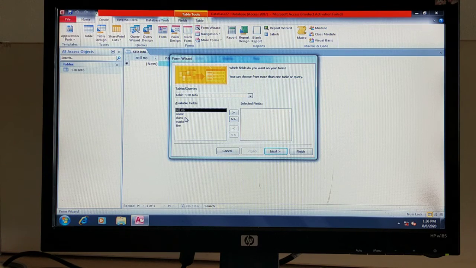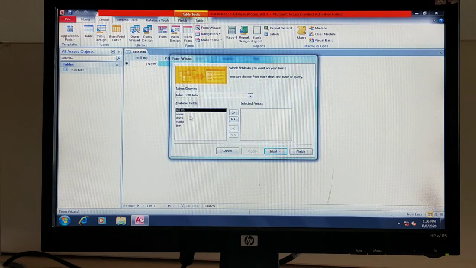Are you getting the point? These are the available fields in the student info table. You are going to create the form, so in the form, which fields do you need to insert for the user? So now I will go for all, or I will select one by one.